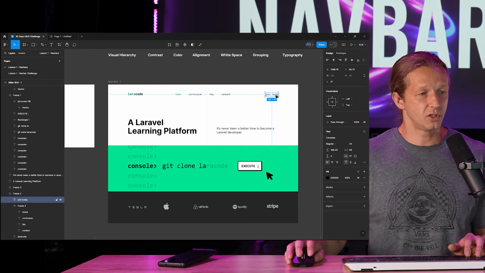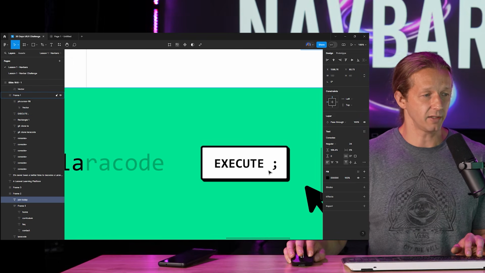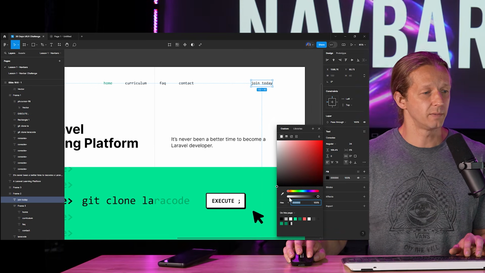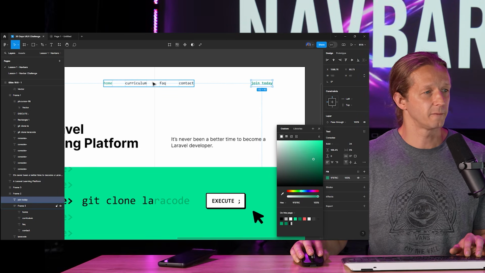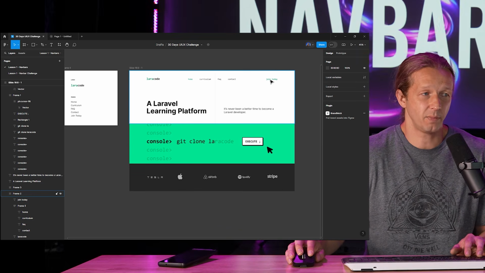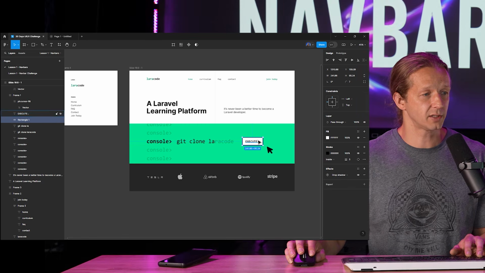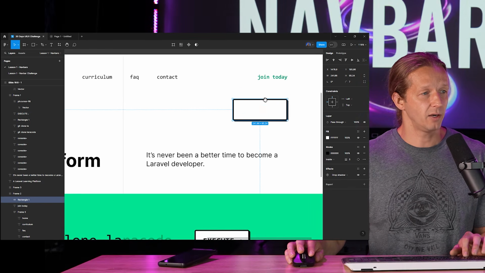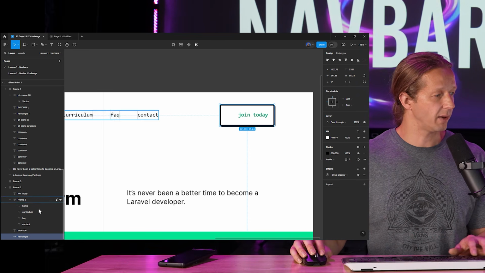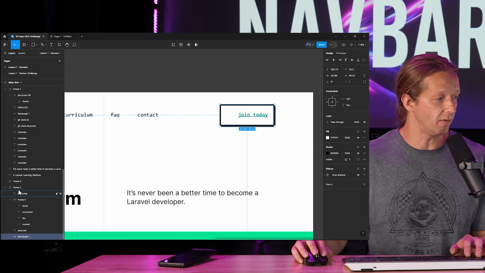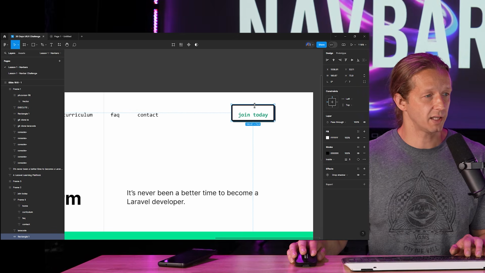So we could do this, we can really emphasize this as an actual button in many different ways. We could put it in a button container like this. We could make it bold, perhaps, and we can make it our primary green color over here. Yep, that would work. That's fine. There's nothing wrong with that. Like I said, we could also take this and we can put it behind it. Now use your left bracket key and that will automatically shift the currently selected layer to the very bottom of the frame in which it resides. So now we have this big old button